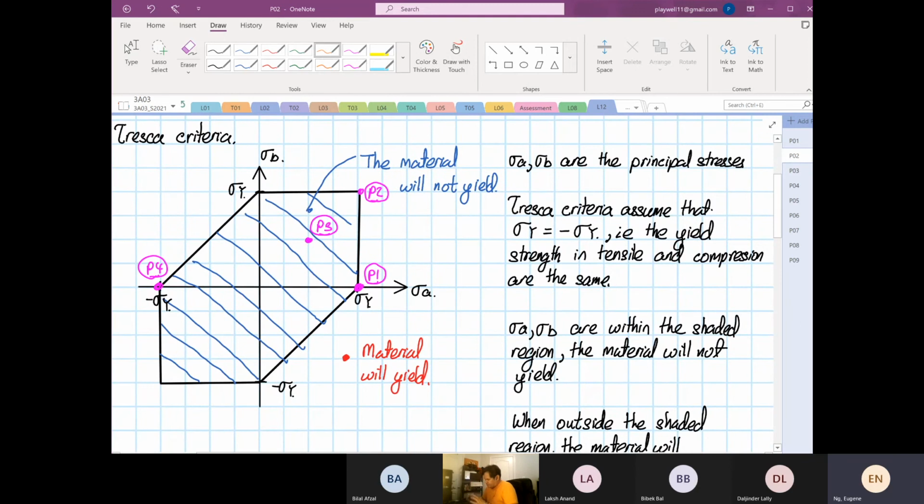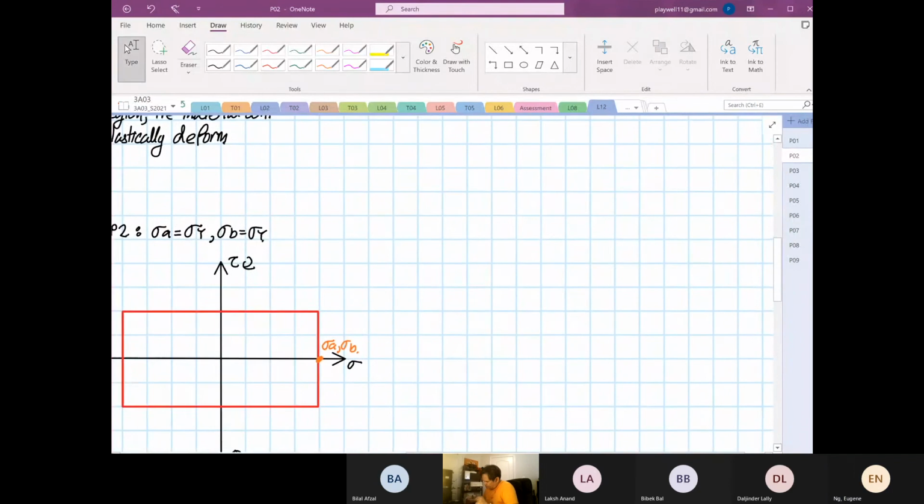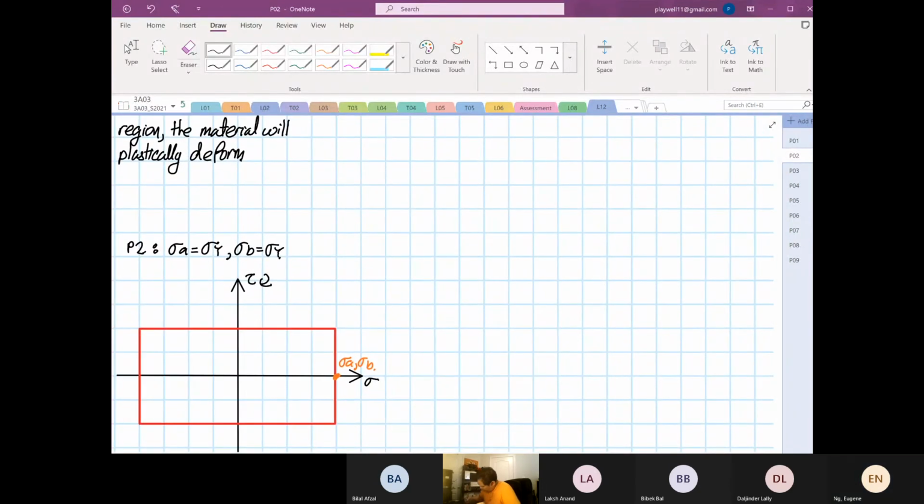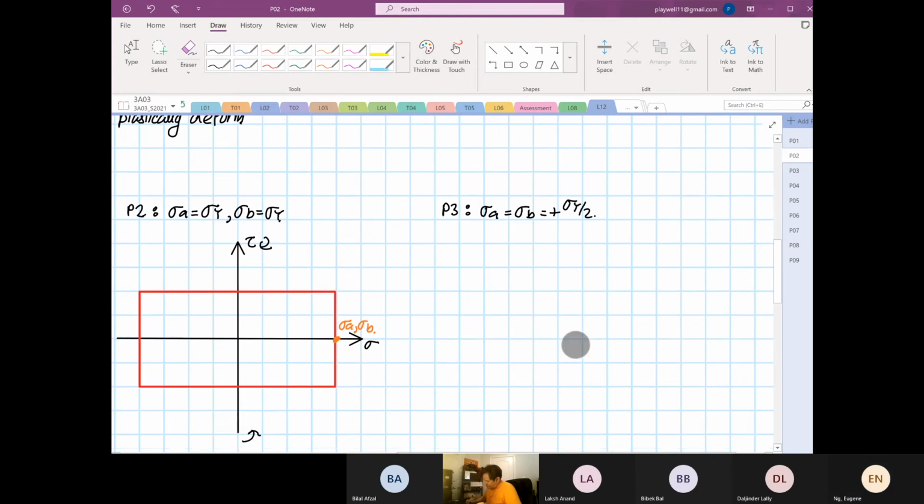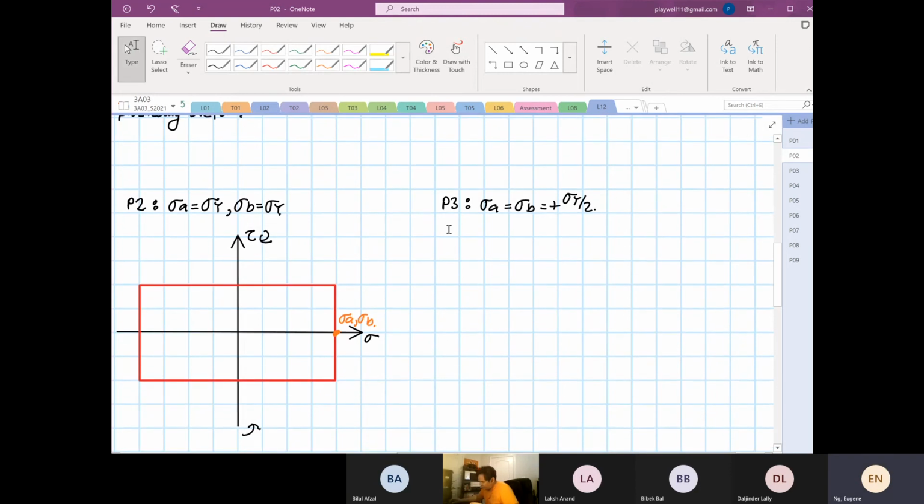Point number 3, you can see down here that the stress A and stress B are the same, are equal, and they're half, half of the yield. So point number 3, where you have stress A equal to stress B, and both are positive, stress U divided by 2. So both are the same point again. So for this case,